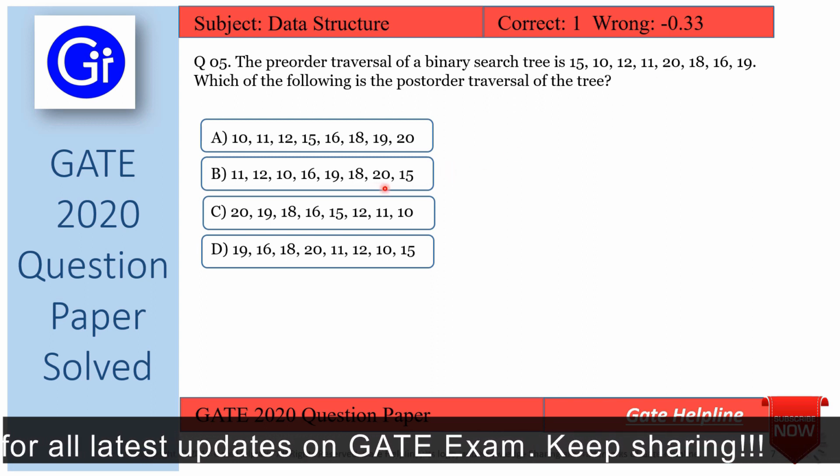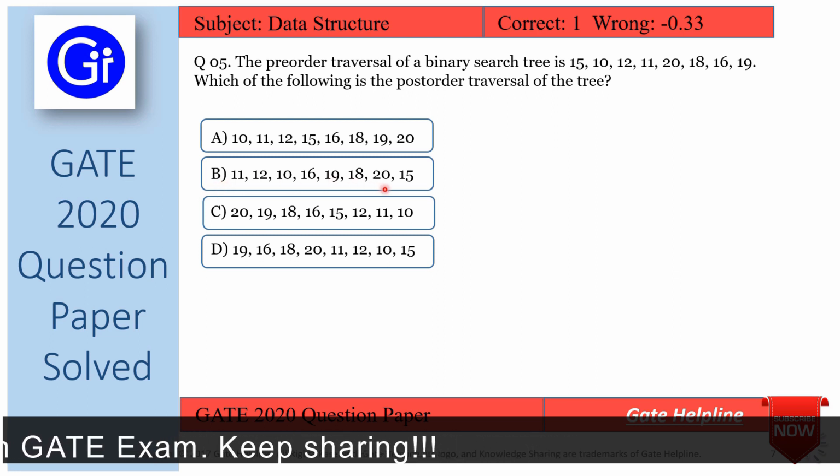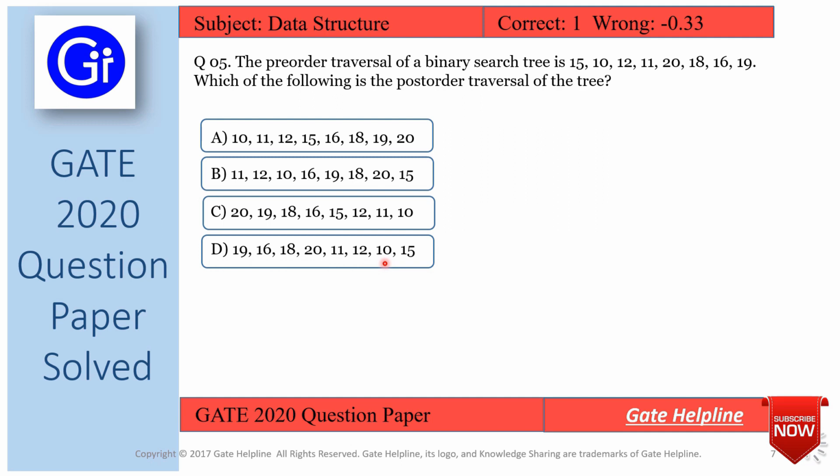Now we will check in our options. Option B, yes, second last node is 20. Option D, second last node is not 20. So we got the solution: option B is the correct answer here. This is the kind of approach you need to have for the GATE exam, that you should have one correct solution, and for the rest three options you should have an explanation that they are wrong. Then only mark option B as correct. Otherwise, it might result in penalty. So please be aware that if you are marking any option as correct, for the rest of the options you should have an explanation that they are wrong.